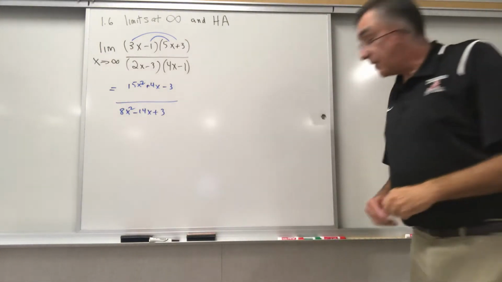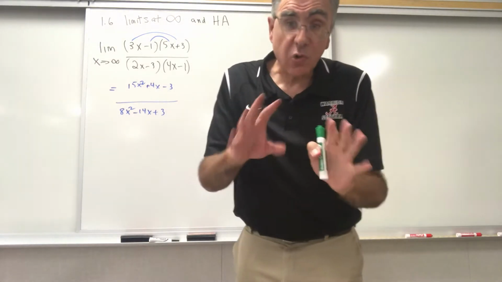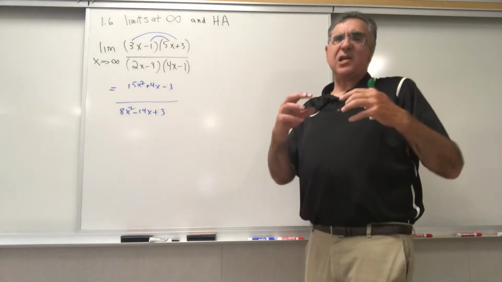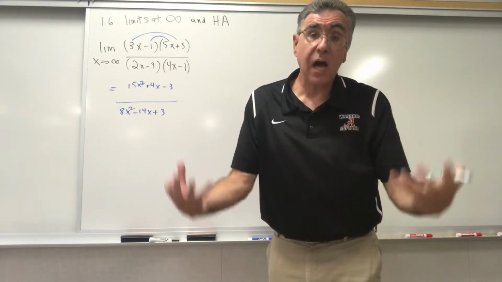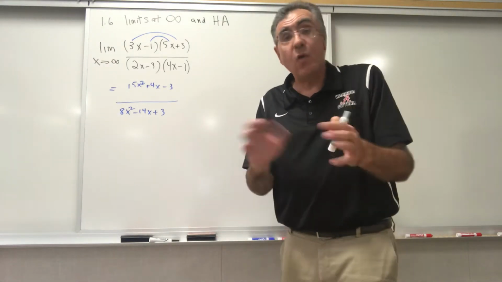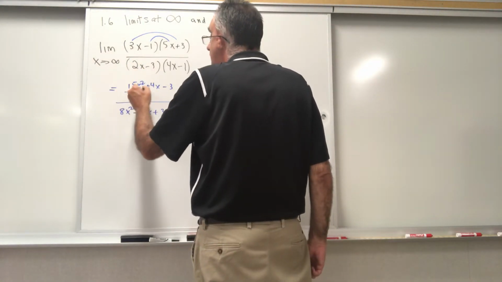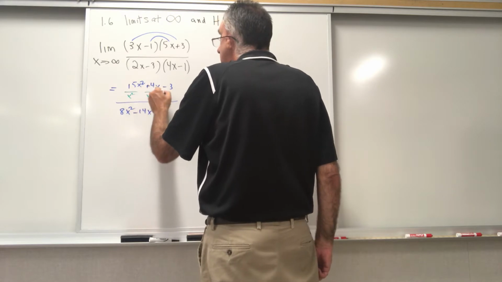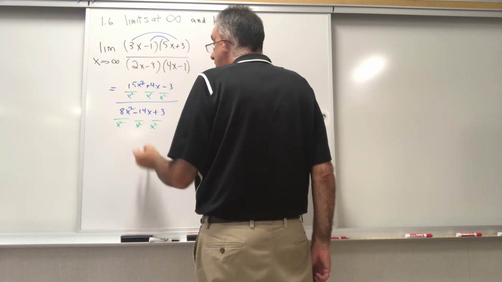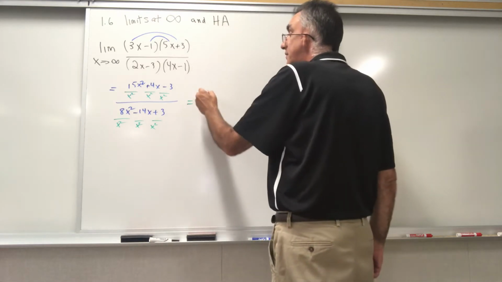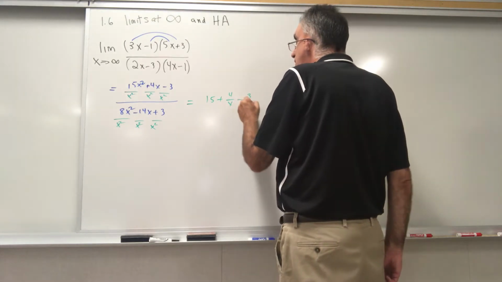Okay? And then, most of you know a shortcut to this, but here's the actual mathematical thing you do. You divide by the highest power, right? If you don't know that, you just learned something. Divide by the highest power. So the highest power is x squared, so you divide everything by x squared. As long as you divide x squared by the top and the bottom, everybody's happy, right? So what happens then? You get 15 plus 4 over x minus 3 over x squared,